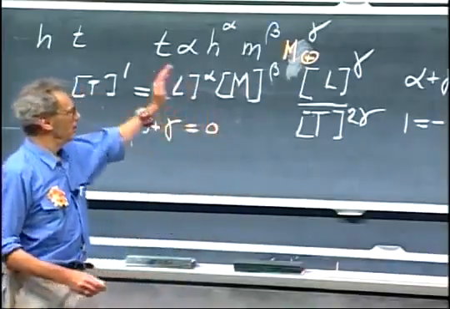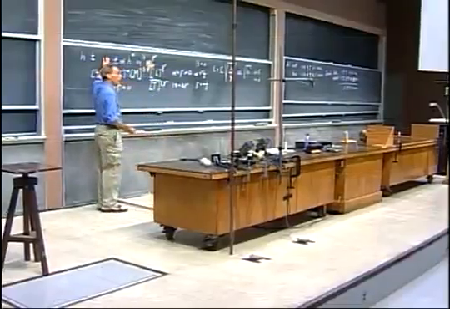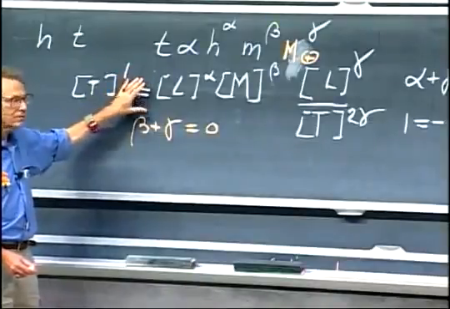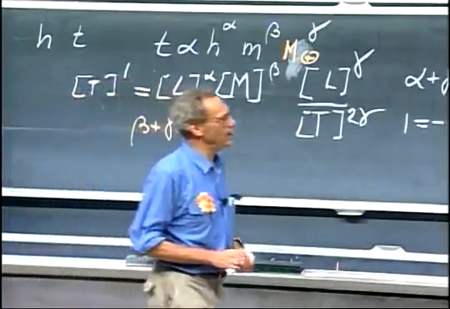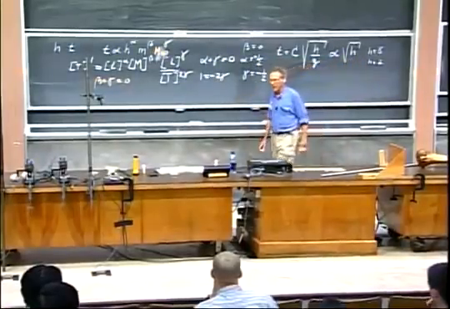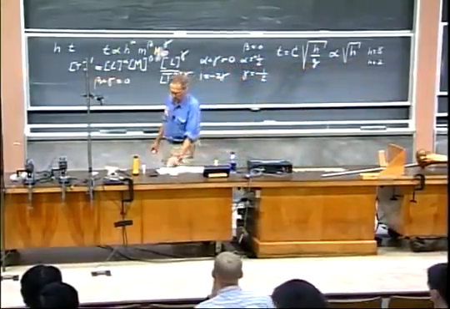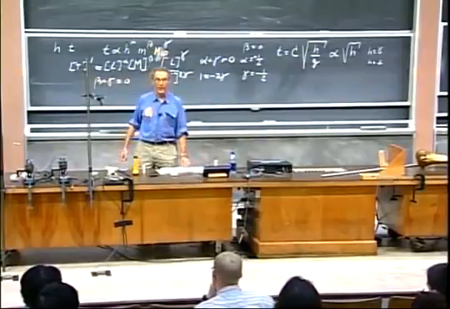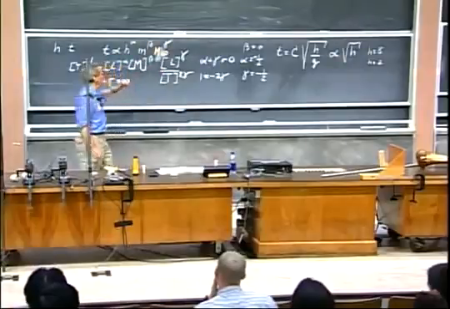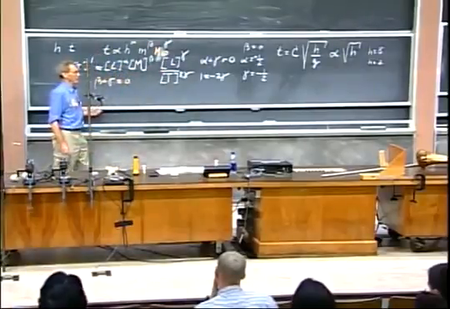However, this, what I did with you, was not a proof, because if you do it this way, you get stuck. On the other hand, I'm quite pleased with the fact that we found that the time is proportional with the square root of h. I think that's very useful. We confirmed that with experiment, and indeed, it came out that way. So it was not a complete waste of time. But when you do a dimensional analysis, you better be careful.